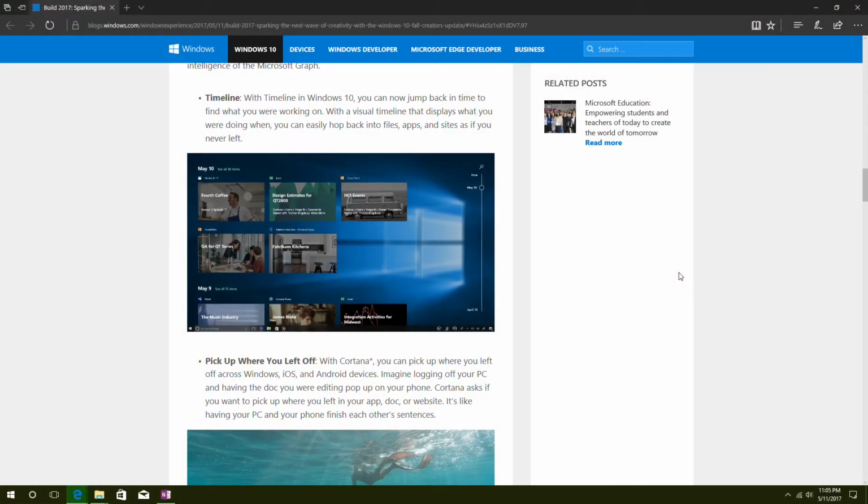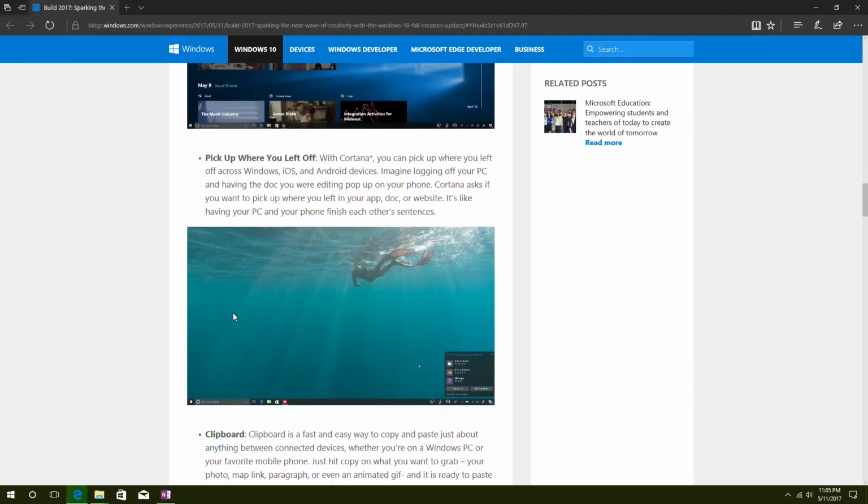So they got this timeline feature where you can scroll back through what you've done. They also have basically pick up where you left off. I've seen some of that right now with Cortana, and they're going to be using Cortana for this. It works pretty well. And it's mostly the browser stuff that's picking up across, and this is going to be a more complete, completely featured accessory that you can use. So I think that is great in that point.